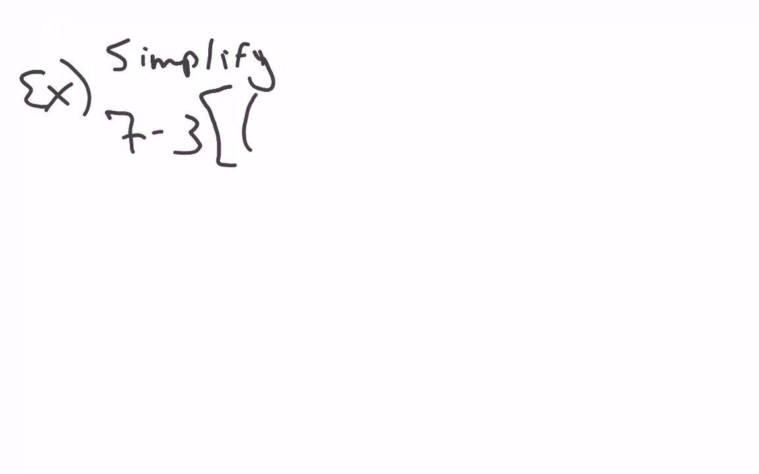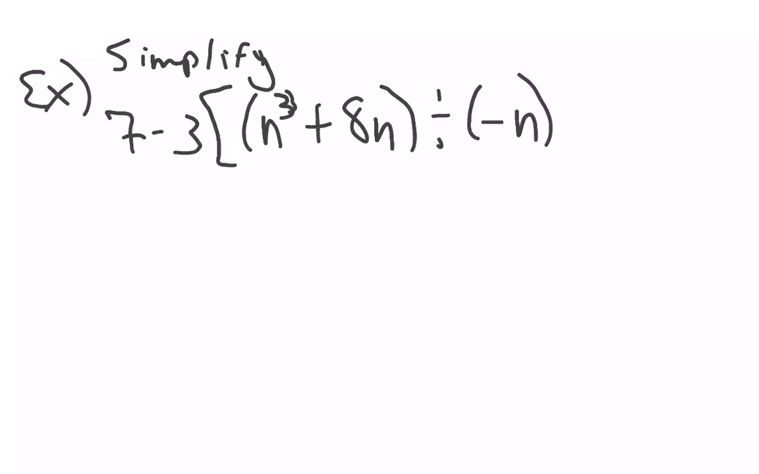And last example. We're going to simplify this time. So again, order of operations, still got to use it, no matter what we are given. 7 minus 3 times n cubed plus 8n divided by negative n plus 9n squared. Okay,